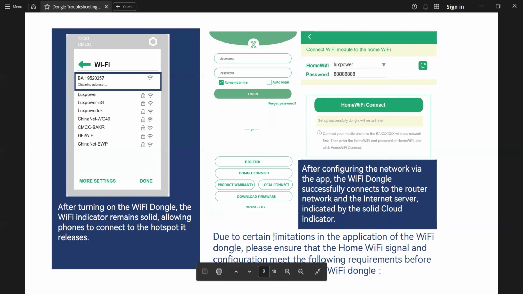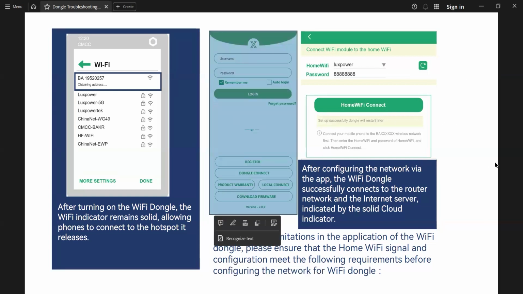Due to certain limitations in the application of the Wi-Fi dongle, please ensure that the home Wi-Fi signal and the configuration meet the following requirements before configuring the network for the Wi-Fi dongle.